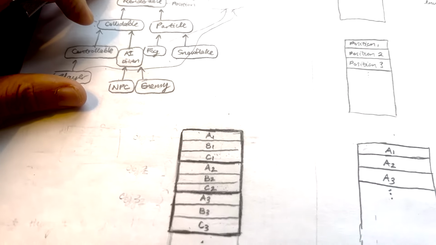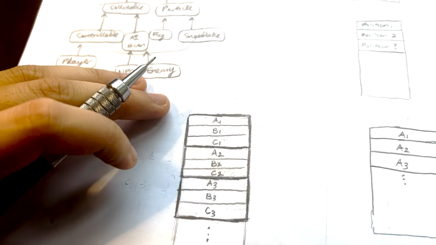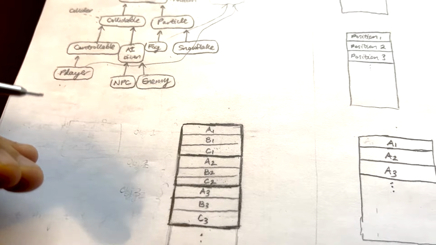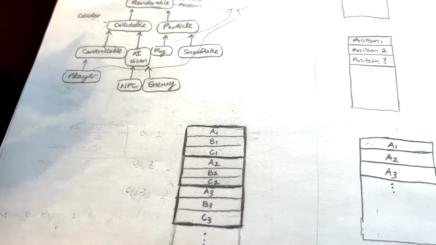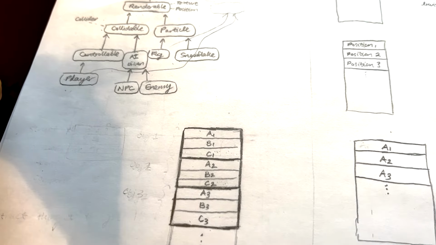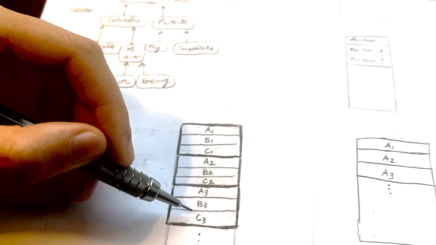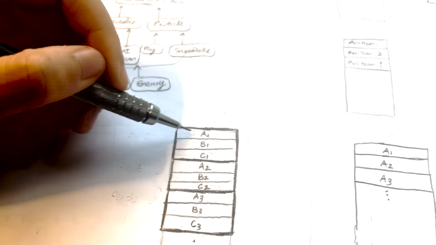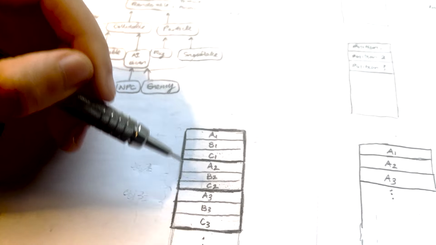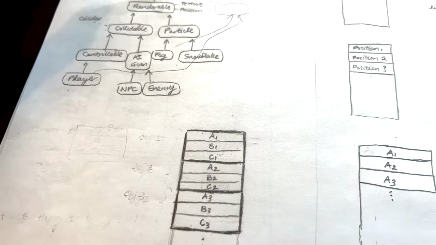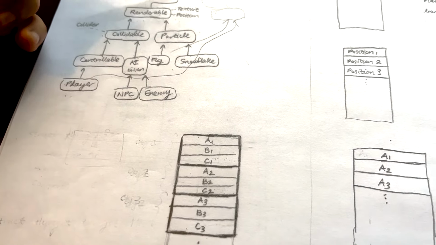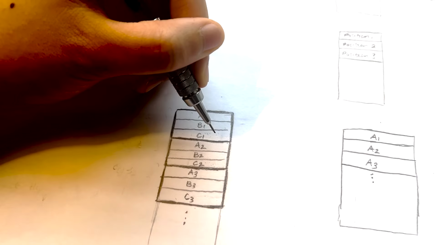Another issue is, well, not exactly an issue, but say that all of the objects in your game are falling down, and you're like, okay, I need to update the positions of all of my objects so that they're falling down. Say that these are objects in your game, and C is the position of your object. So you're like, okay, I have to go through all of the objects that have a position stored in them, and I will update their positions. As you can see, as you update the C's